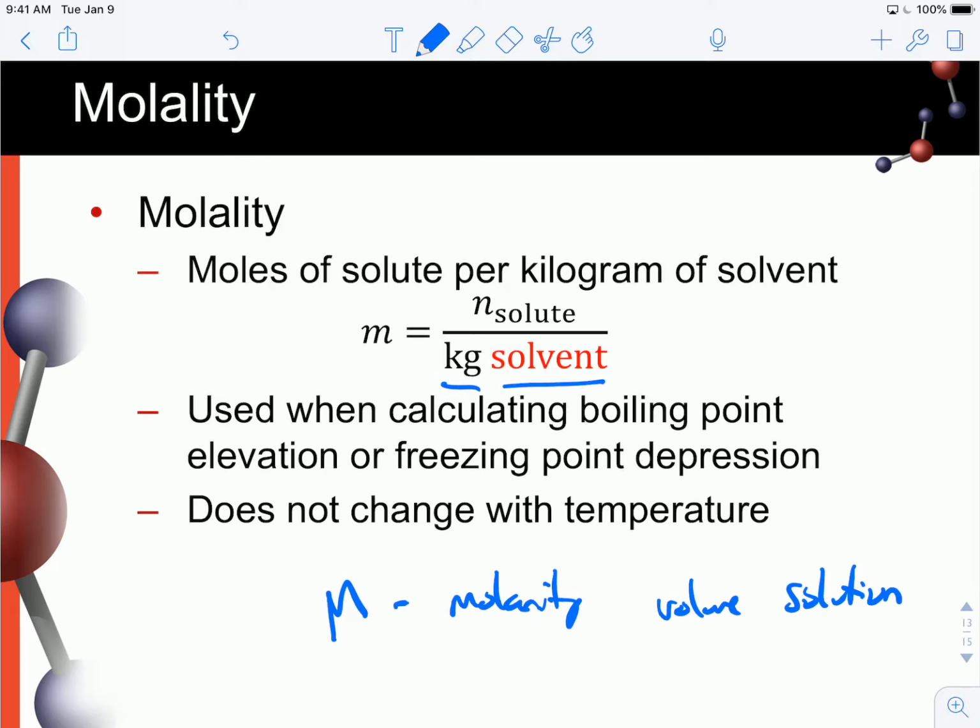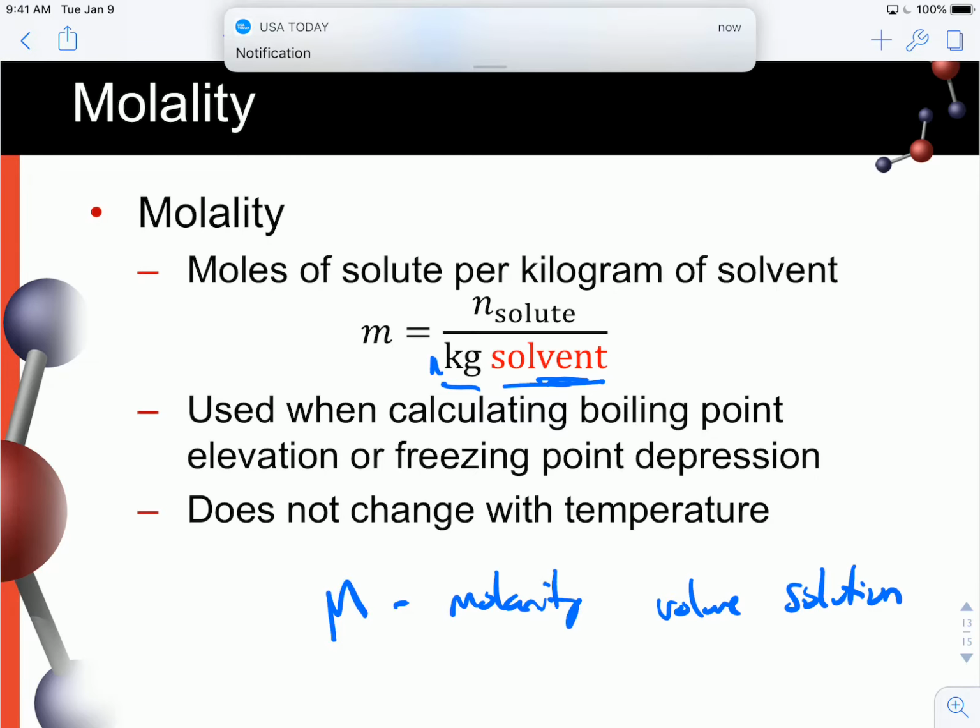So mass of solvent. With molarity, you would take, I've got this many moles of sodium chloride in this much water, and then the total final volume is 1 liter, so therefore this is my molarity. Now we're going to be using the mass of the water itself, not the mass of the solution. That's incredibly important